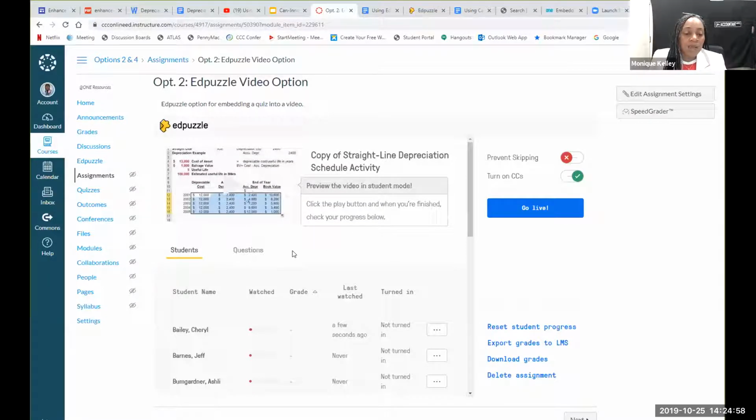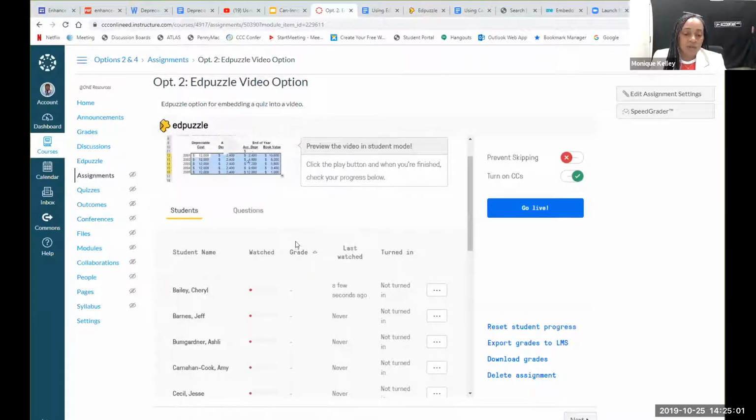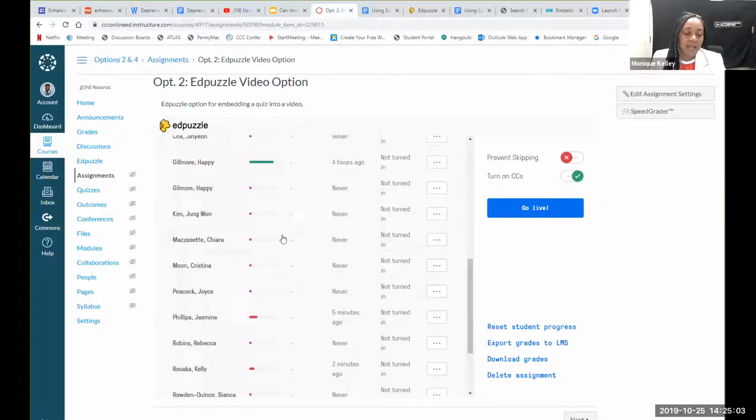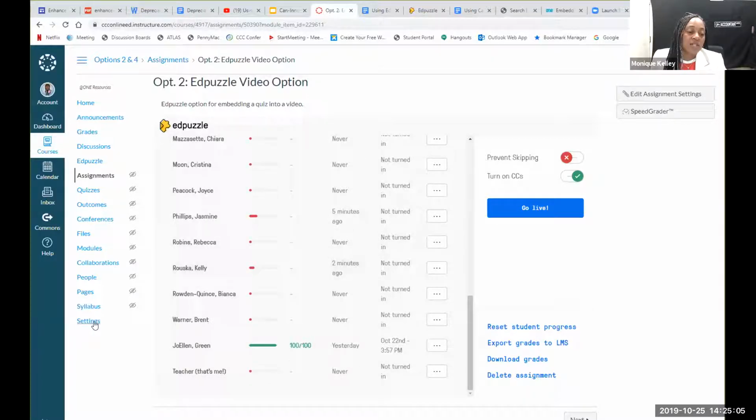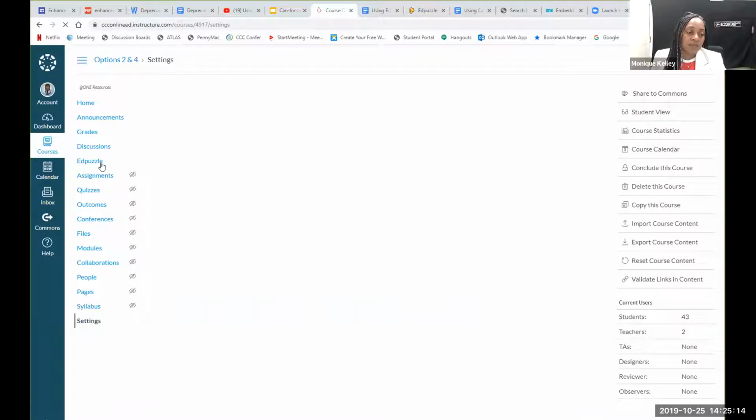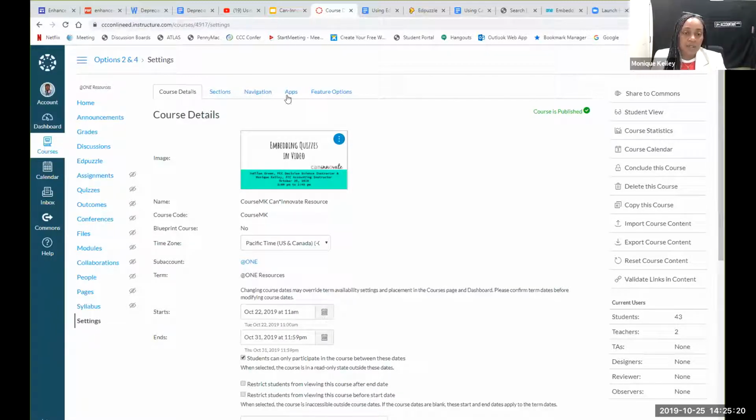I know we have a couple more minutes. If you go to the instructor's account, again, it's already set up, but for the very first time, you're going to have to go to settings. And this is done initially for your course so that you will have that Edpuzzle option because it's not a default for those people that set up their accounts. So you'll notice you got your course details, sections, navigations, apps. If you click on the apps,